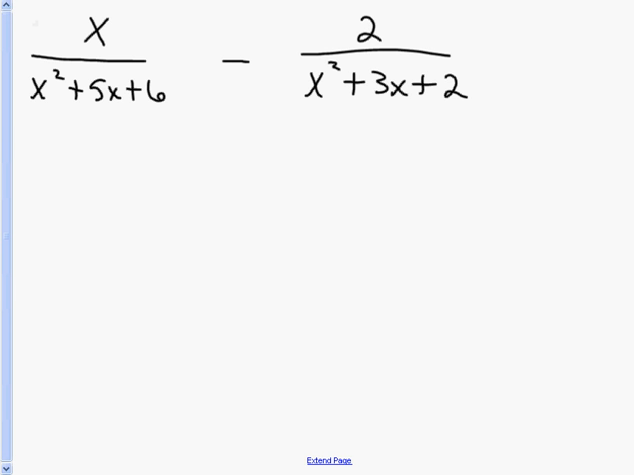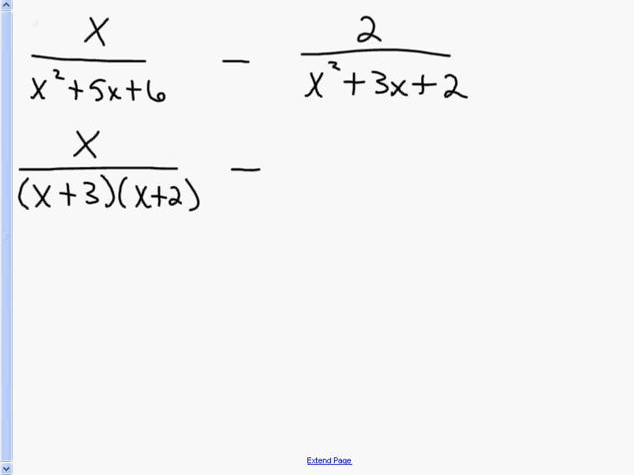This is the second example for adding rational expressions. In this case, we're going to be subtracting, same premise. So always, very first and foremost, we want to take our denominators and factor those as much as we can. So I have x over x squared plus 5x plus 6. I want to multiply to get positive 6, add to get positive 5, and that'll be x plus 3 and x plus 2,